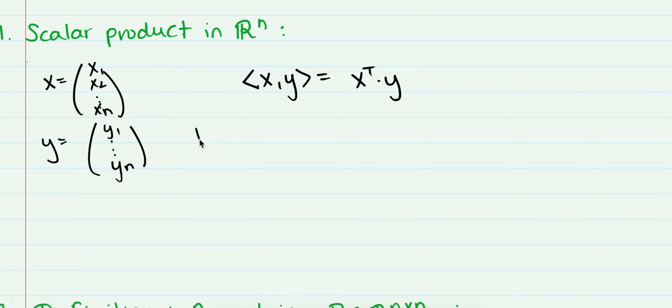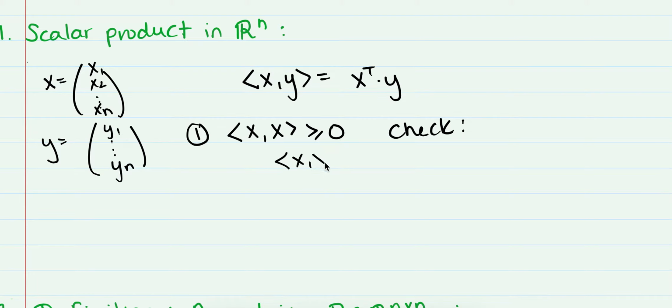The first property was that the inner product of a vector with itself is always greater than or equal to 0. Well, let's check. This is equal to x transpose times x, which is the dot product, or the scalar product, so it's x1 squared plus x2 squared, all the way to xn squared,